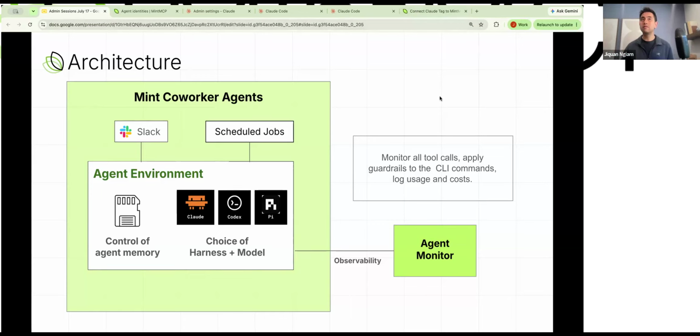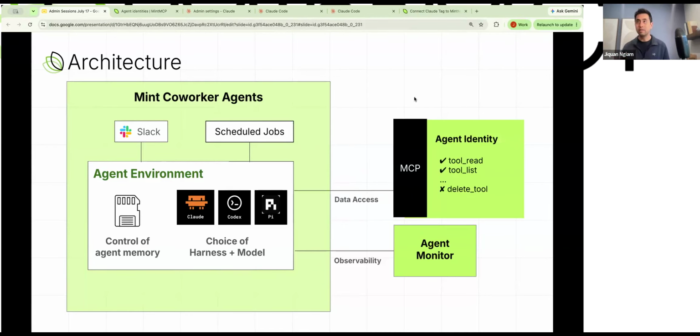Okay, so this is one half of the Mint Coworker agents. The other half is the thing you are already familiar with, which is agent identity MCPs. In the Mint Coworker agents framework, what we did a bit differently was to have data access be guarded by MCPs.